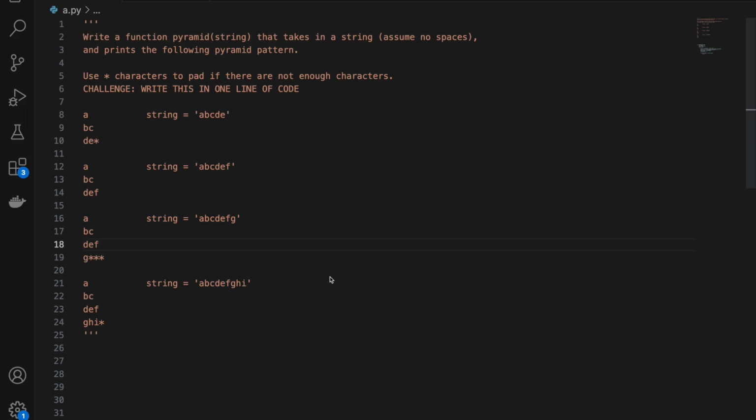Write a function, pyramid string, that takes in a string and prints the following pyramid pattern. So here we assume that our string will have no spaces. And if there are not enough characters to fill a certain row, we use the star character to pad it. So here, given a string ABCDE, we have 1 character on the first line, 2 characters on the second line,